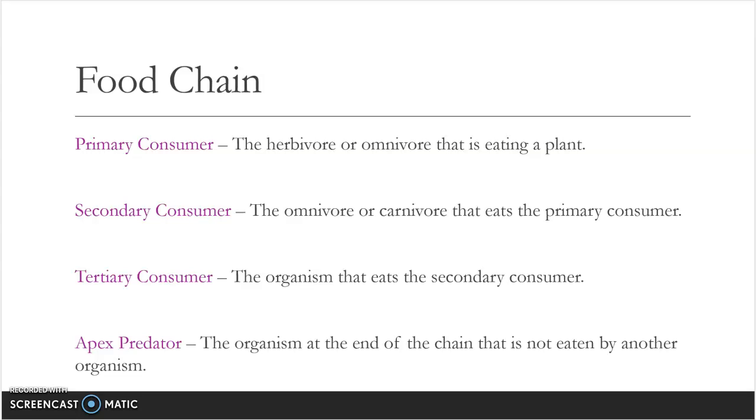And then we have a tertiary consumer. That's the third consumer, the next one in the line. I know it's a fancy word to say all of that. And these ones are going to pretty much be your carnivores. Sometimes they're not, but as we get further down the food chain, the more likely you're going to have a carnivore as an organism. And then the apex predator. This is the last one. This is the one that doesn't have a predator, doesn't have something coming along after it to kill it, to eat it. Okay, so these apex predators are the ones that are at the end of the chain.